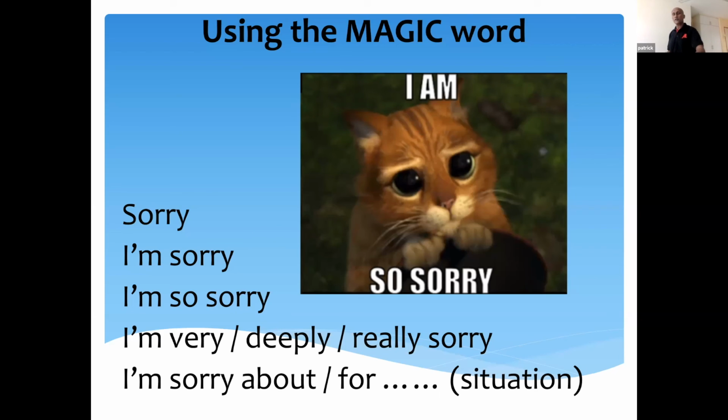That's nowhere lower, deeper that you can go from that point of the I'm deeply sorry. Now the last one, I'm sorry for a situation. That means that you are apologizing not for yourself, but you're taking responsibility as a person for your organization, your company, and you're apologizing for the situation. If you're in the banking line, the guy goes to the ATM machine, alamak, the ATM machine not working, the thing all hang. He comes to you, says, what lah, your ATM machine not working, all that. I'm so sorry, sir, about the fact that our machine is not working. Let me see what I can do to help you. So you apologize for the situation. You take care of the bank's reputation, and you still try and do something to help the customer.